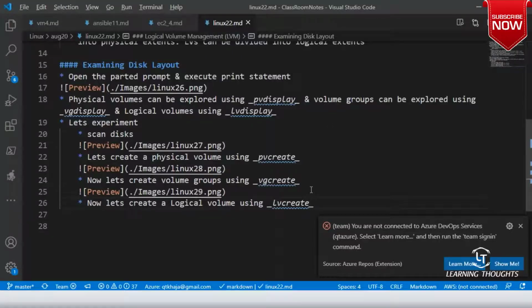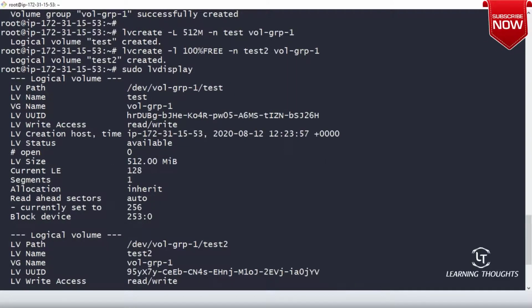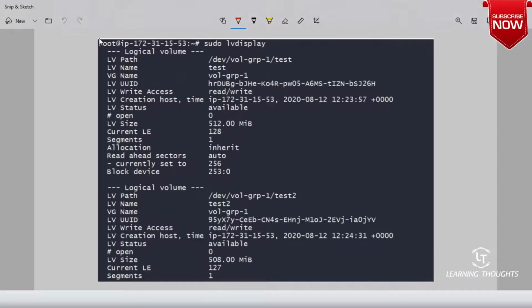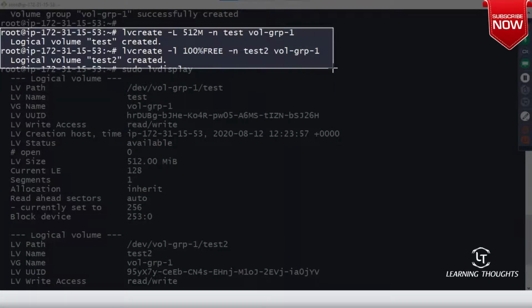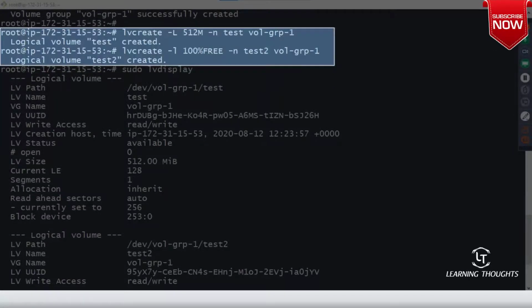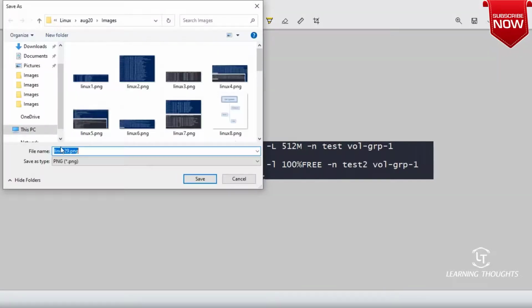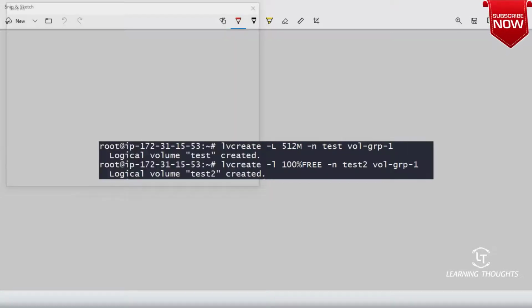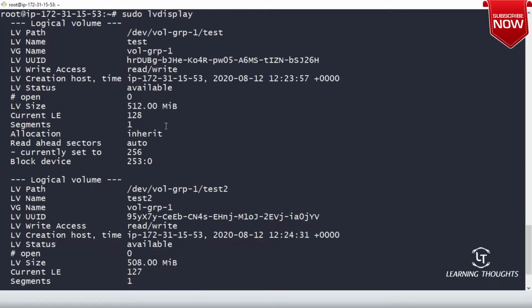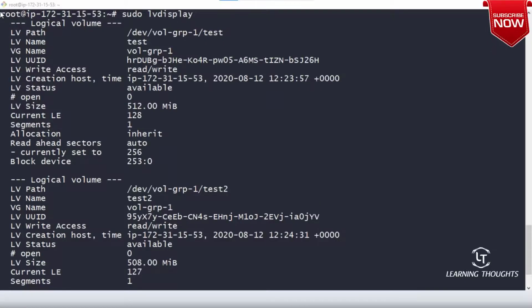So I think I have not even taken the screenshot of lvcreate. Let me take the screenshot of lvcreate first. Now after this, let us look at lvdisplay.